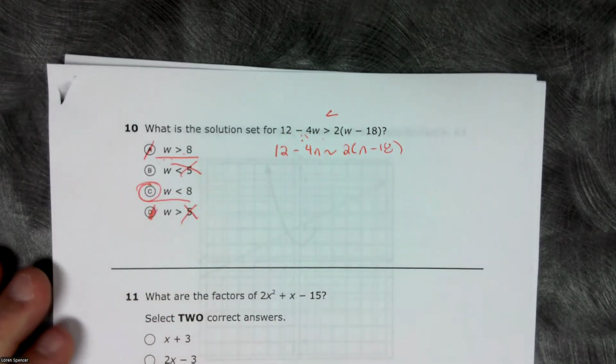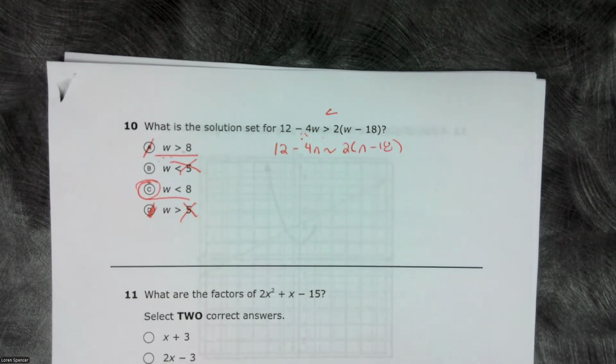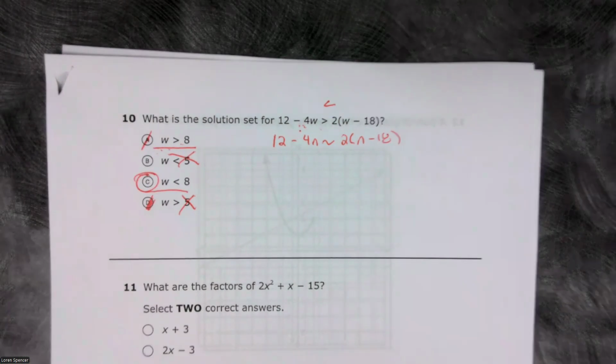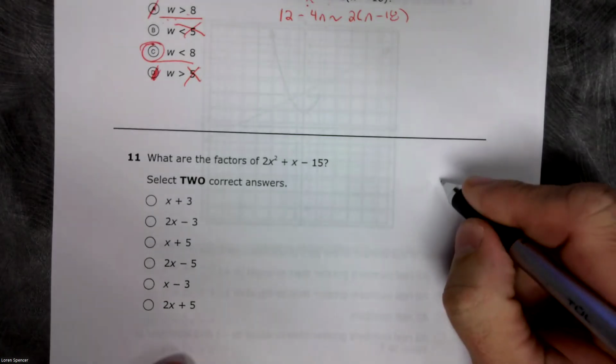All right. Just because of the way these work out, I'm going to go ahead and do problem 11, since it breaks out nicely onto this page. So problem 11: what are two factors of 2x squared plus x minus 15? I'm going to do this the long way, and then I'm going to show you what you can do on Desmos. So in the long way,